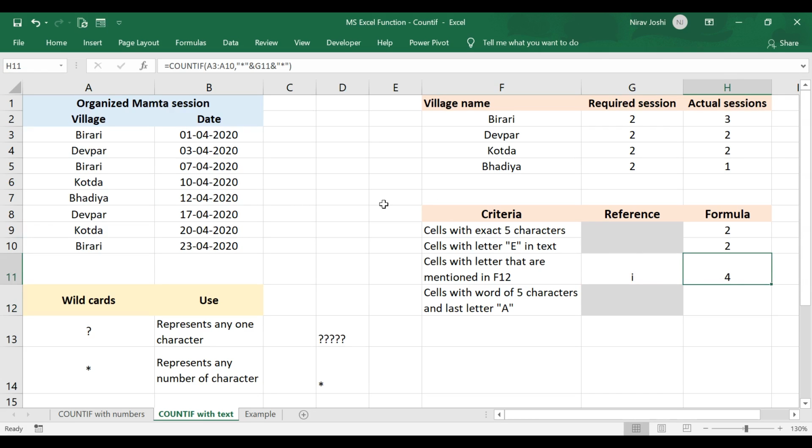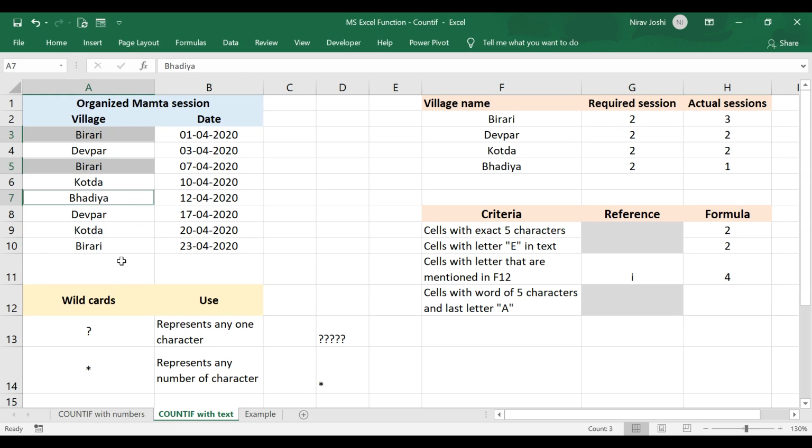Now it's showing the total number of cells which fulfill the criteria, which are this one, 1, 2, 3 and 4. So this is the way we need to use cell referencing. Now that cell referencing can be relative or absolute as per your likeness.